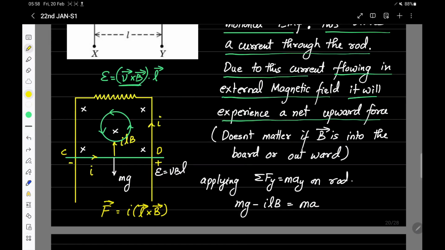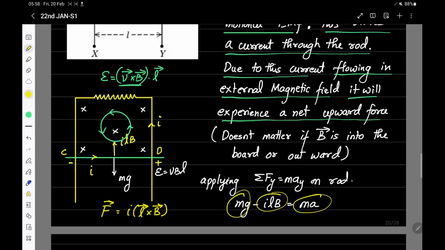Now the question is, if we would have assumed B to be out of the board, would the answer change? No. Still the ILB will act upwards. Why? Because in that case, end C would have been the positive terminal and it would have driven a clockwise current instead of anticlockwise current, and in that case also if you check the direction of L cross B, it would have been upwards. Now applying Newton's laws of motion on the rod, downward force mg minus upward force ILB